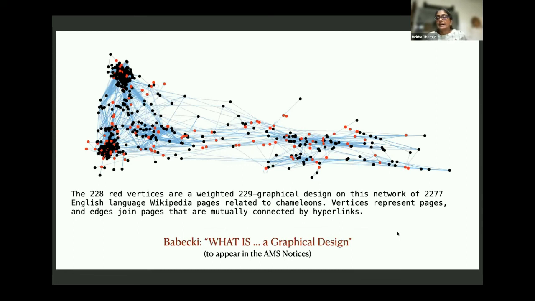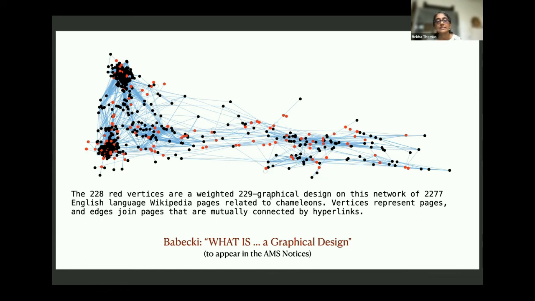So here is a real-world example of a graphical design. This is a graph on 2,277 vertices, which correspond to Wikipedia pages that are related to chameleons, okay? And two vertices are connected together if they have a hyperlink between them. This is not a regular graph, but what you see here is 228 red vertices that form a 229 graphical design. So this is about 1/10 of the vertices, and they can catch